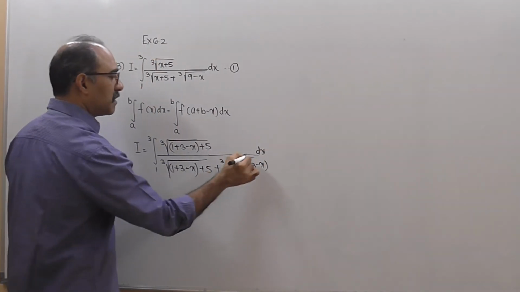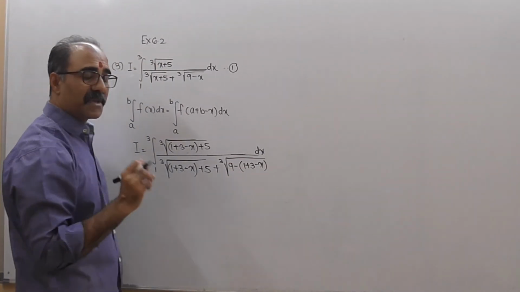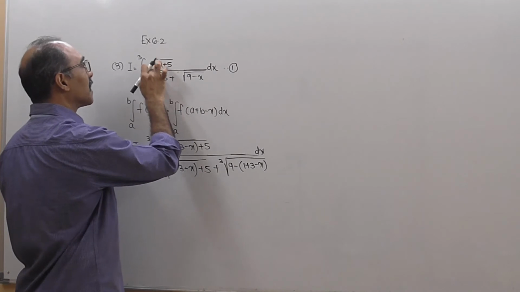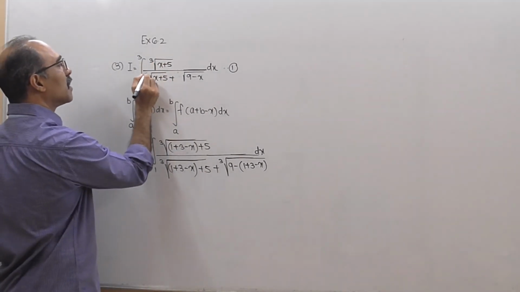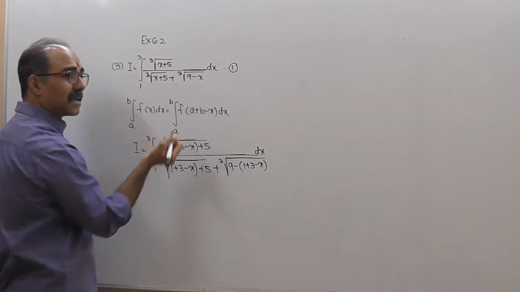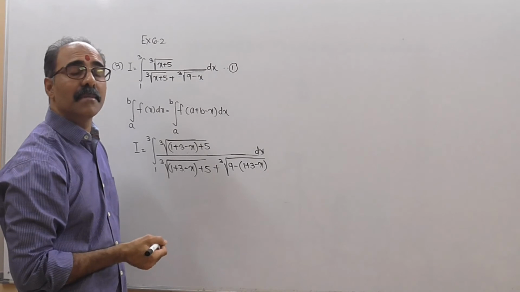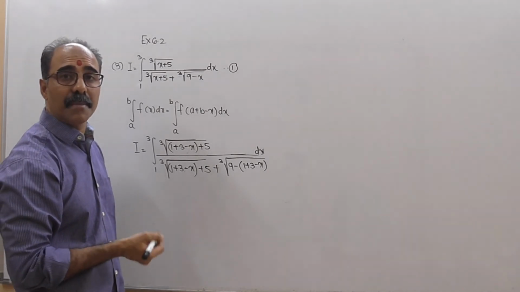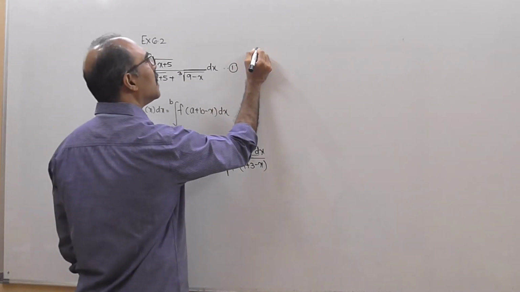Now you must be wondering why all of a sudden I am putting a plus b minus x. See, the first and foremost reason is, if this would have not been there, at least you would have rationalized. But if you have got a cube root, it is not that easy to rationalize. Okay? So इसके लिए you have to make an attempt putting x as, or substituting or replacing x by a plus b minus x.